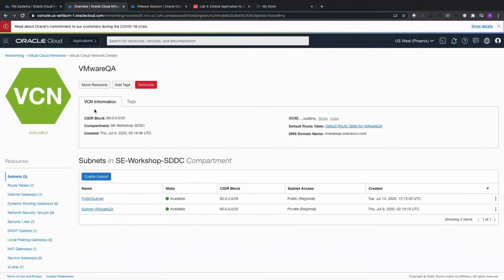Now here I will add security rules to allow communication to the FSS in my subnet VMware QA. Now this is the subnet that's hosting my HDDC. I will have to allow communication from my public subnet for an instance that is in the public subnet, and I would have to allow communication from the VMware HDDC workload network. So I would copy the public subnet CIDR range